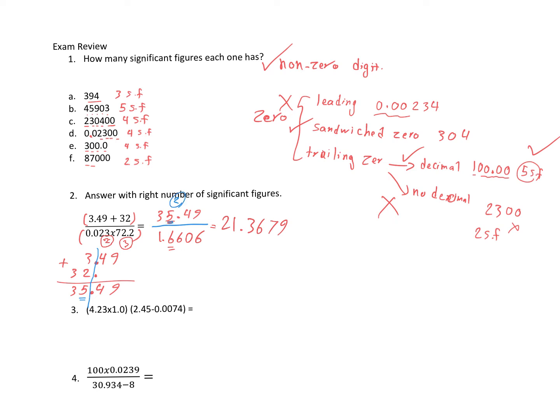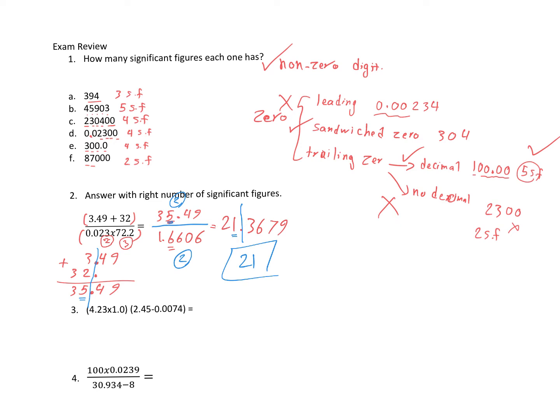The same thing for the bottom one. I write 5 here, but I know I have 2 significant figures, so the final answer should also have 2 significant figures. So we cut it from here. Therefore, it's 21. That's the final answer. Okay. So the next one,